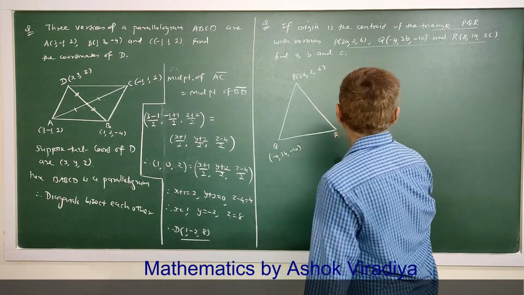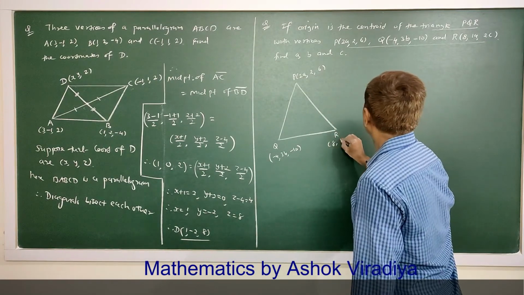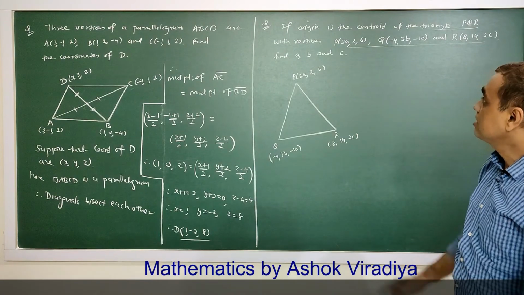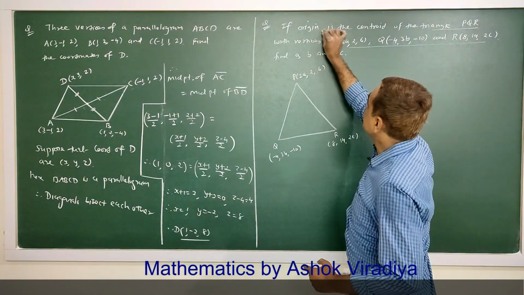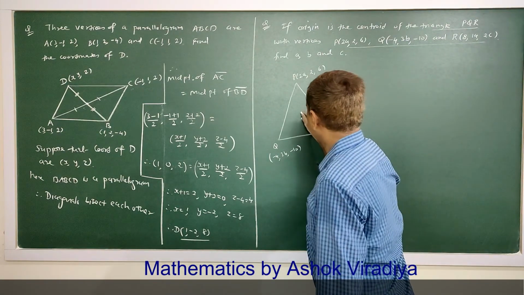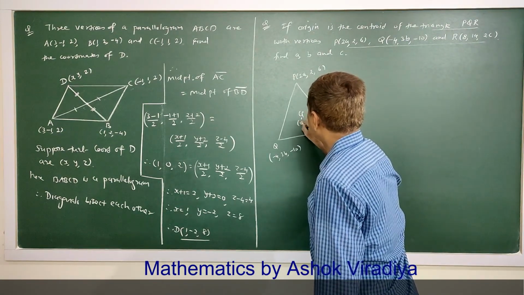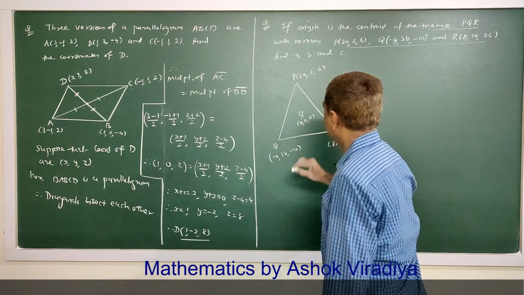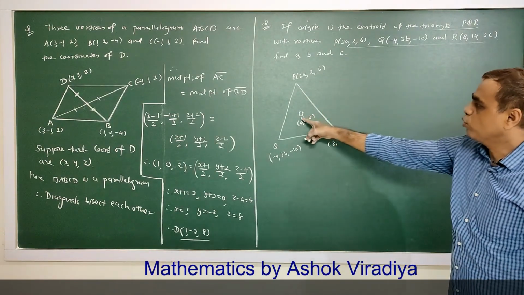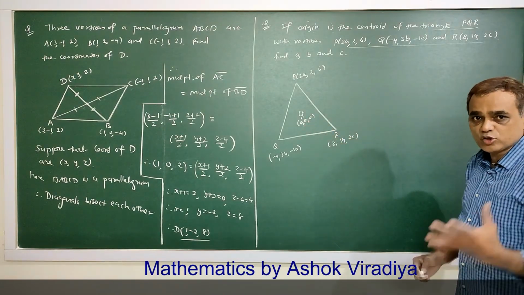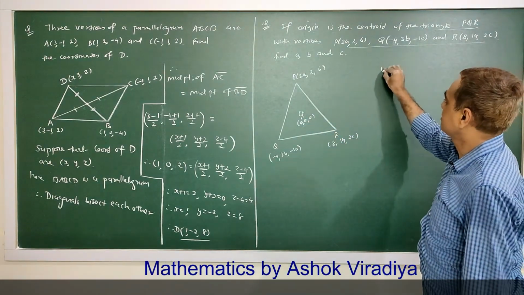And R is 8, 14, 2c. Given that origin is the centroid, here origin is centroid 0, 0, 0. So using centroid formula,